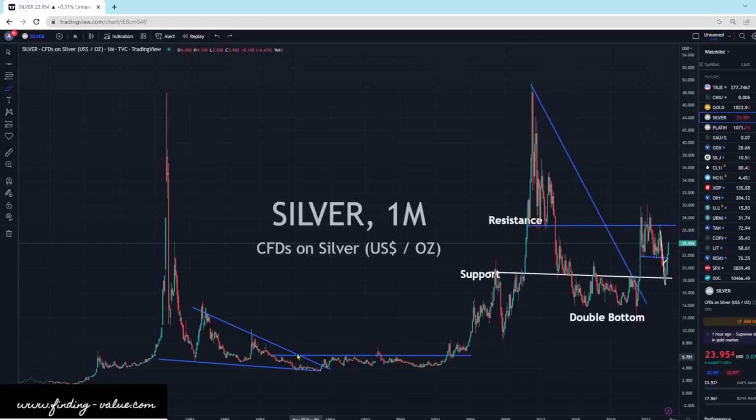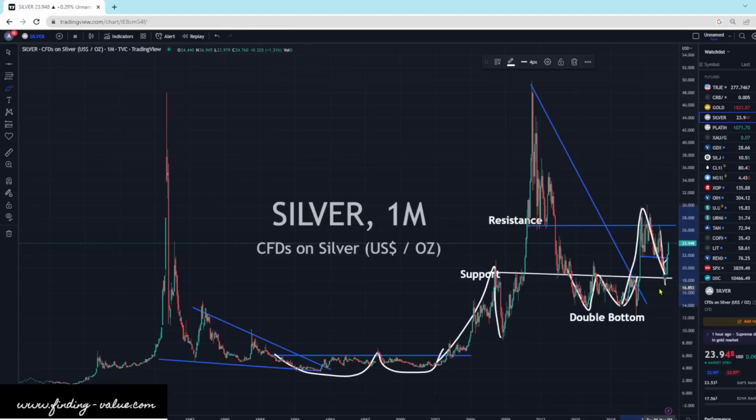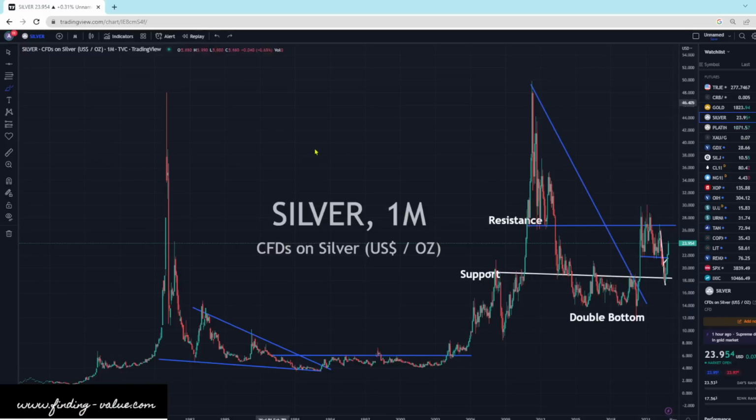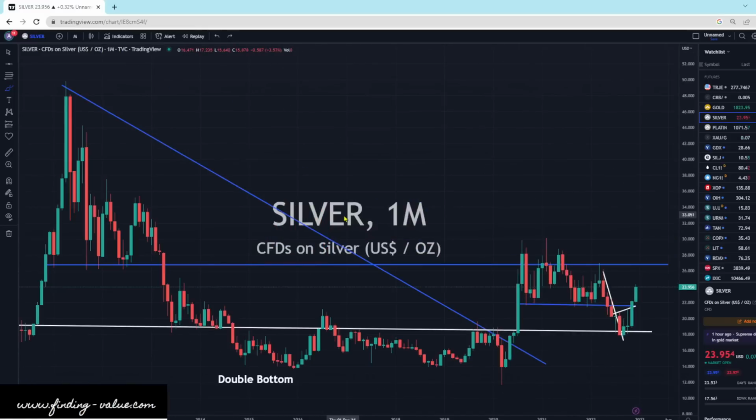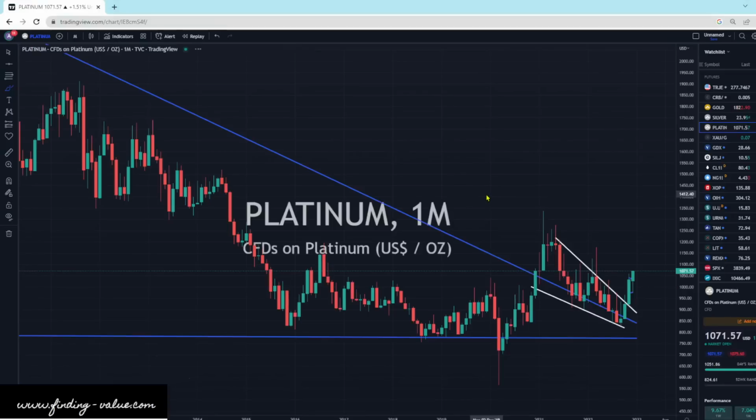So think of it as a good consolidation period here of a double bottom. Here's your double bottom. You break out of the double bottom, kind of do a retest, break out of the double bottom, do a retest, and then boom, we could be in that big surge higher for silver. Now, I say we could because nothing is 100% for sure, but it sure looks good for the continued momentum to the upside.